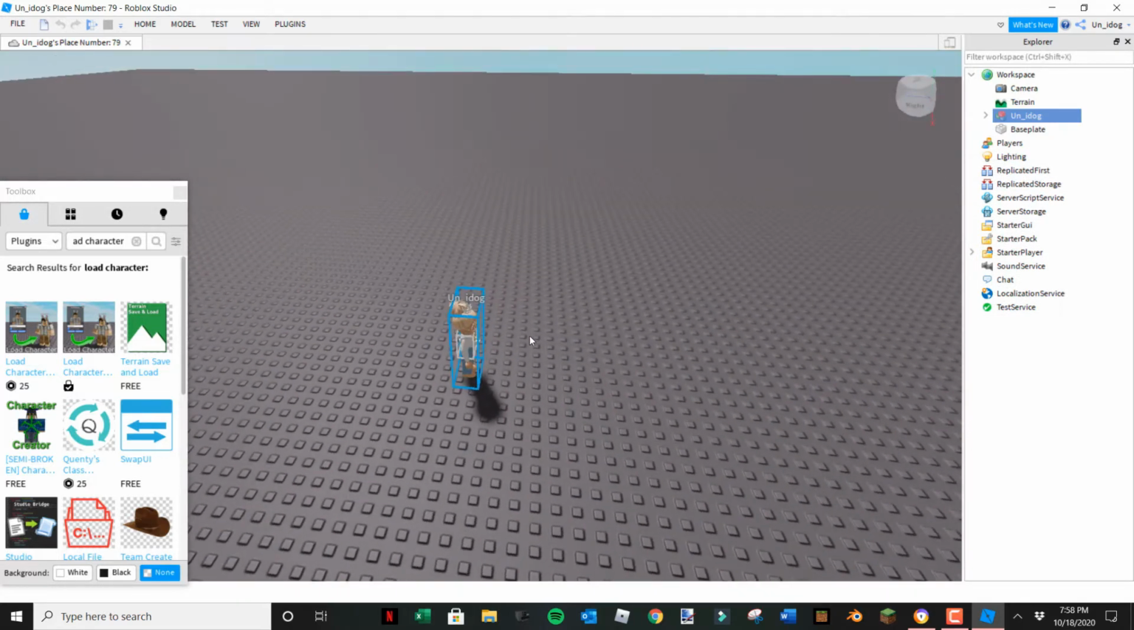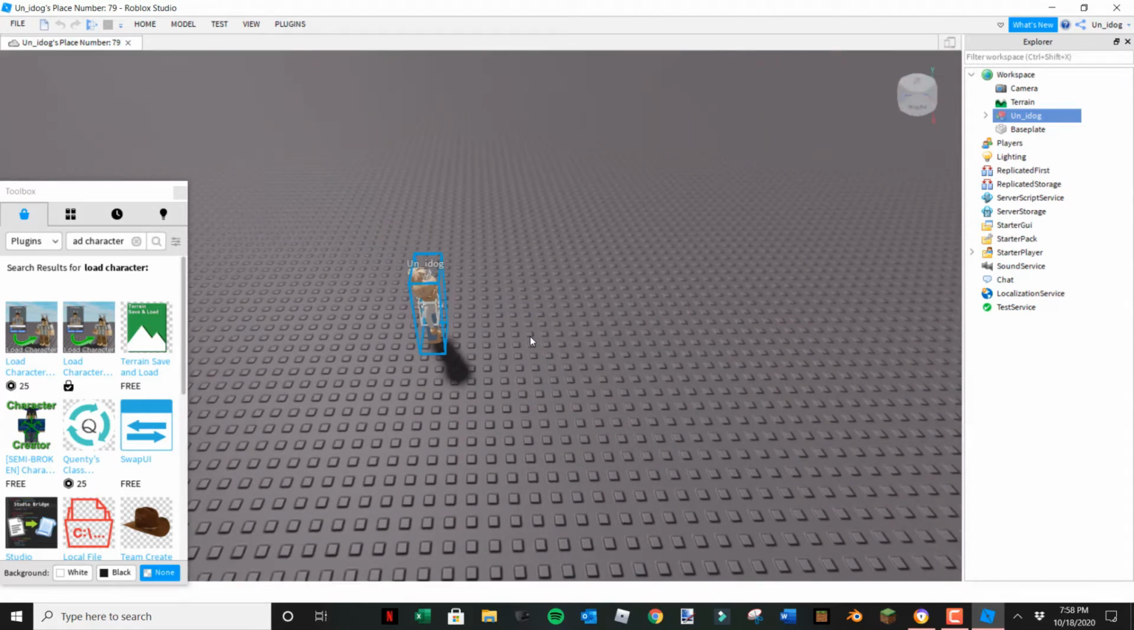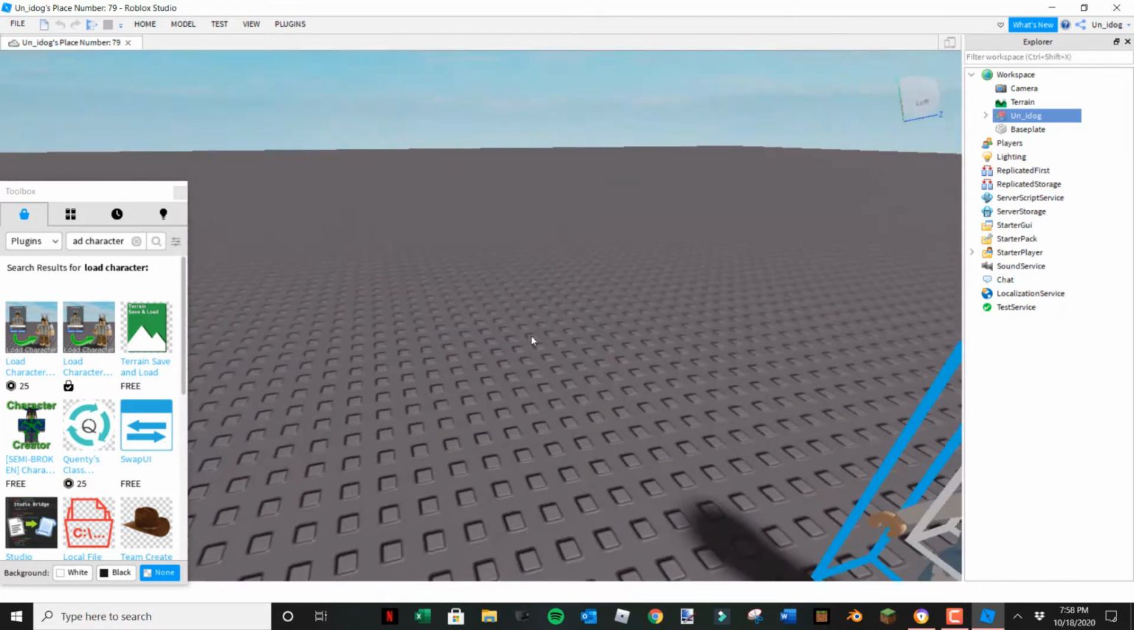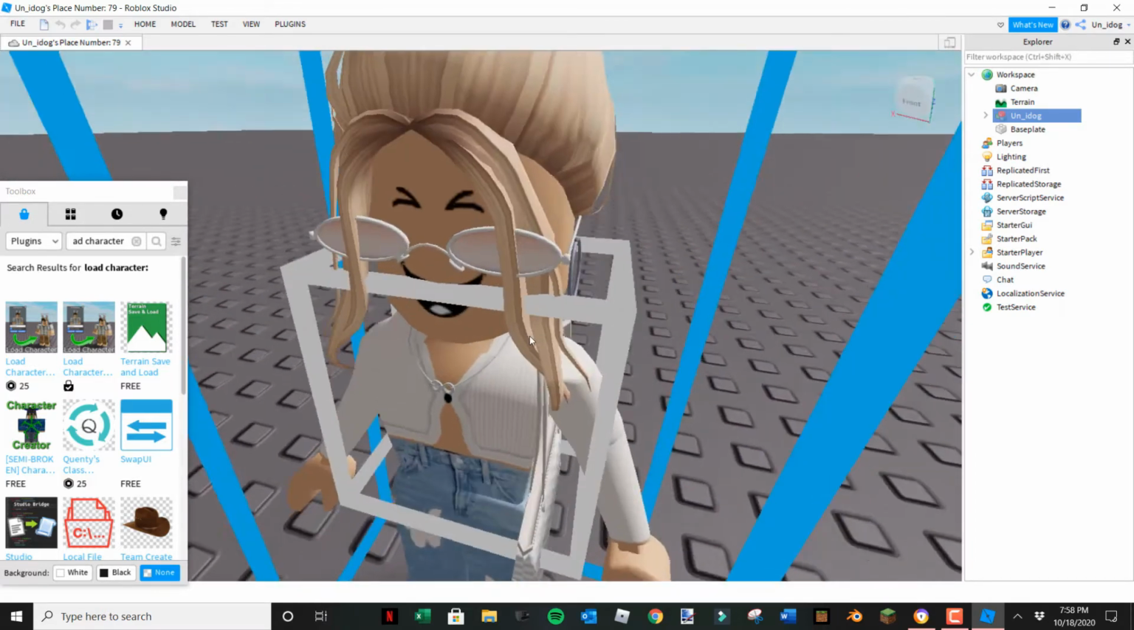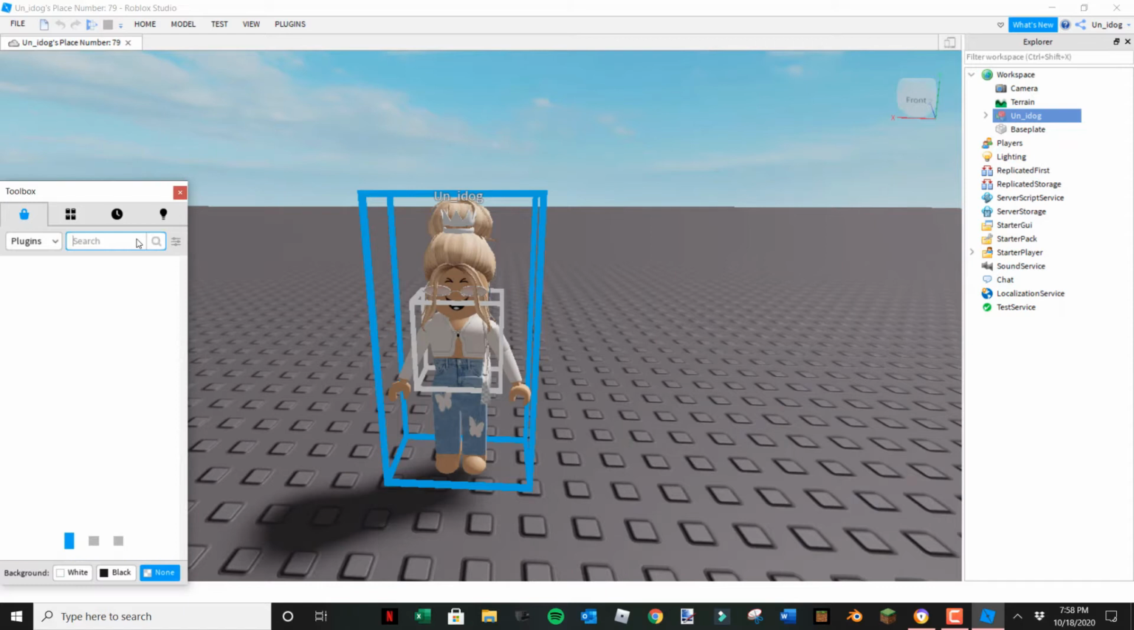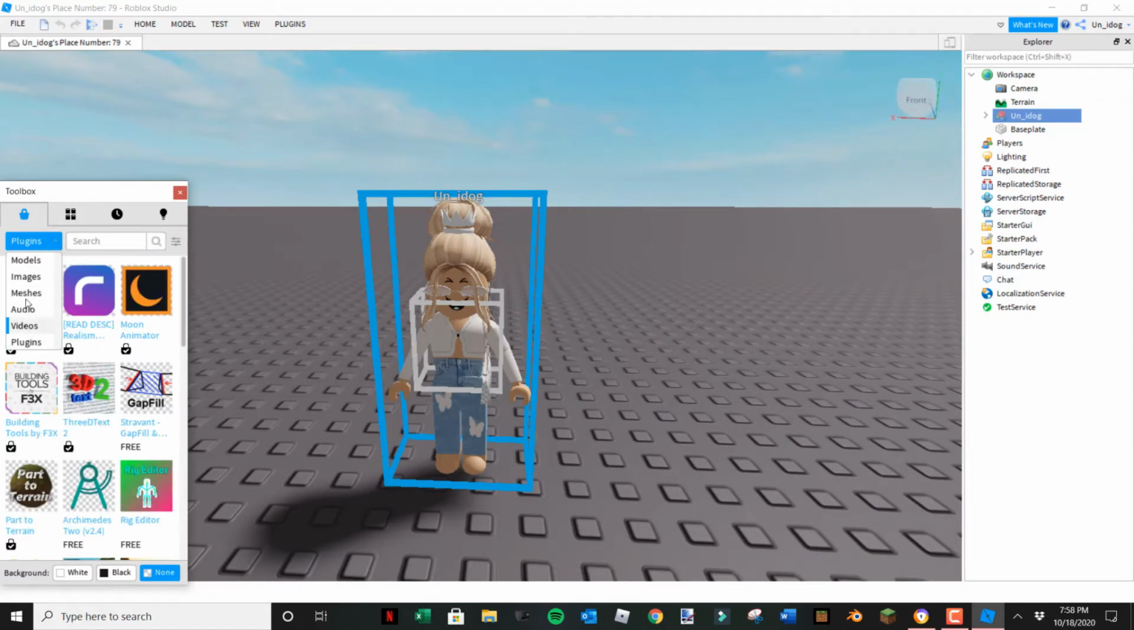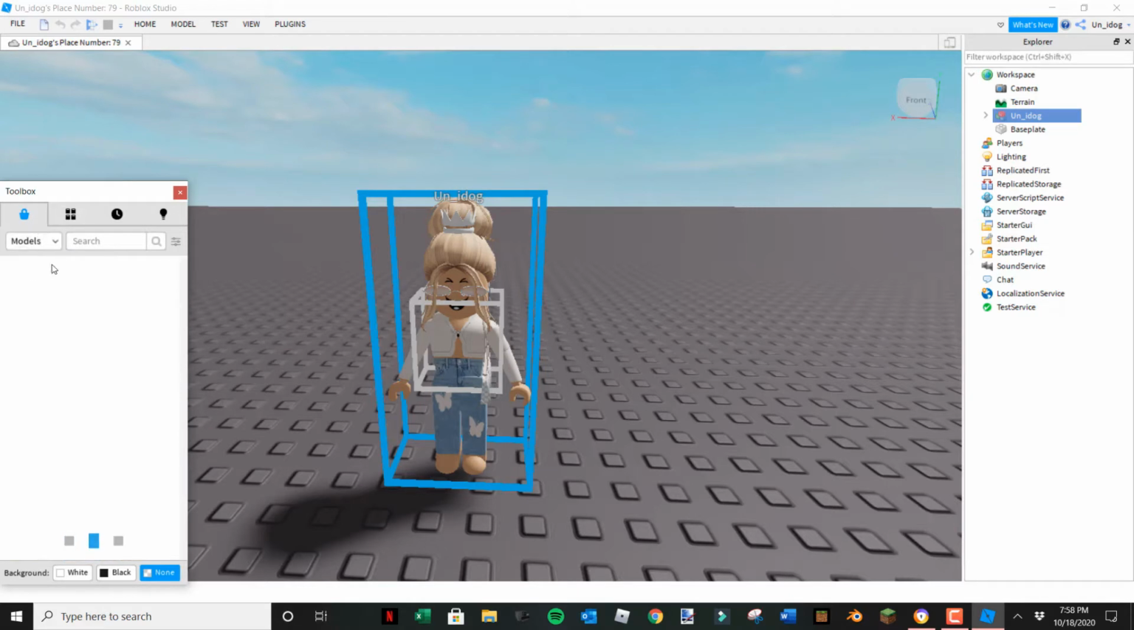And if you don't know how to move around in Roblox Studio, you have to press W, A, S, and D to move around. Okay, so once you have your character, go to change from plugins to models,